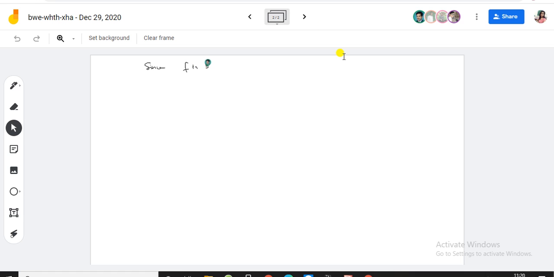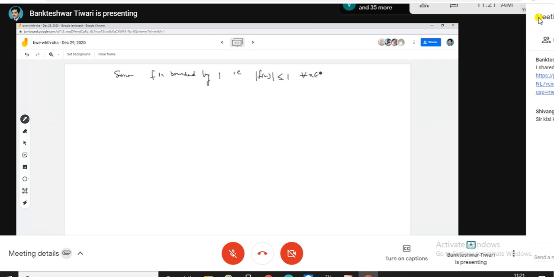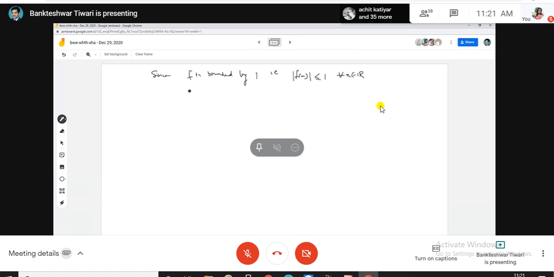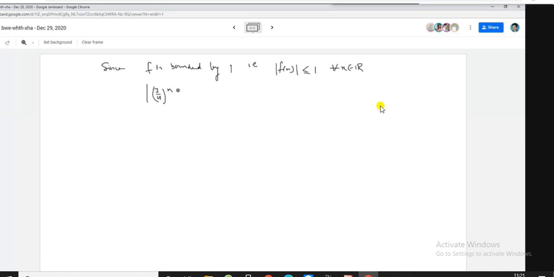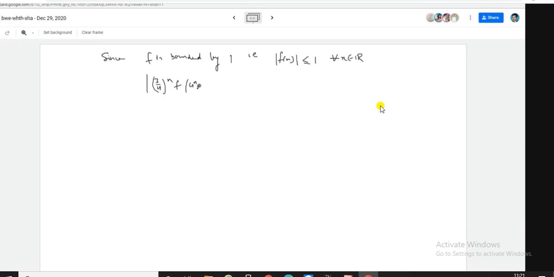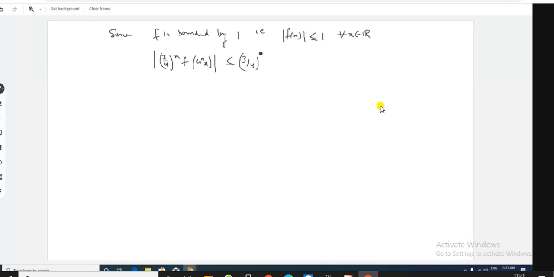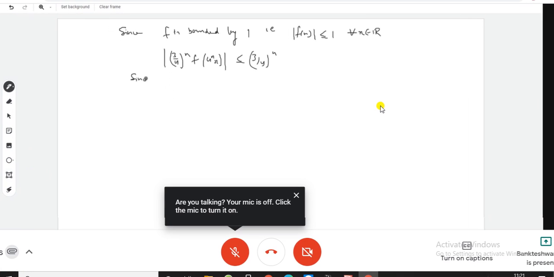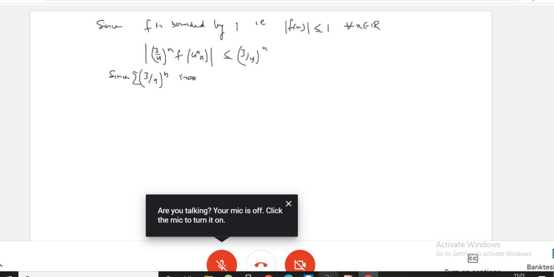Bounded. f is bounded by this number 1, that is, |f(x)| is less than or equal to 1 for all x belonging to R. The nth term of the series, 3 upon 4 to the power n, f(4^n x), will be less than or equal to 3 upon 4 to the power n. Now, since this series 3 upon 4 to the power n is a convergent geometric progression,